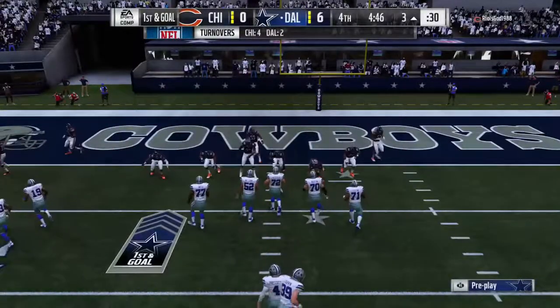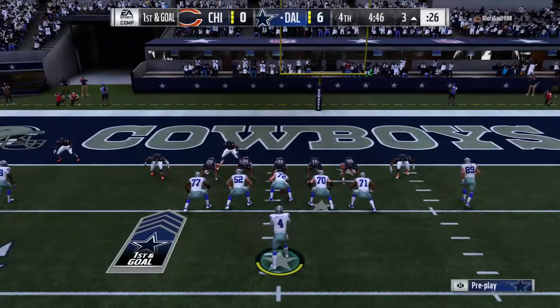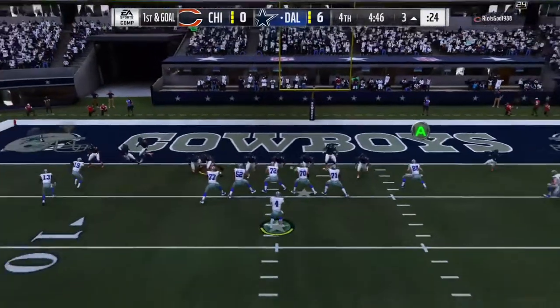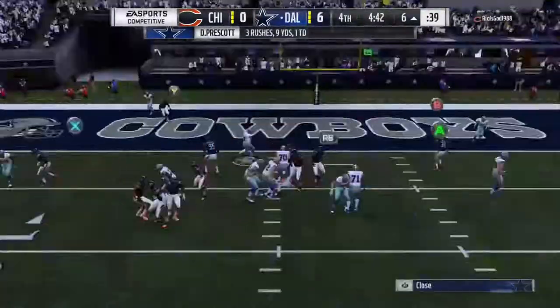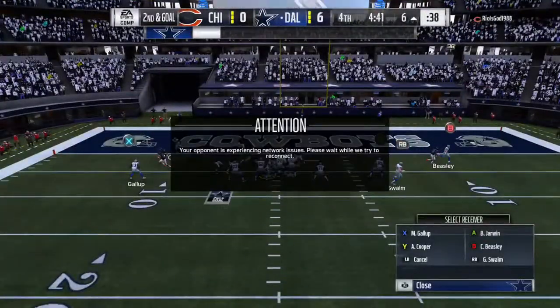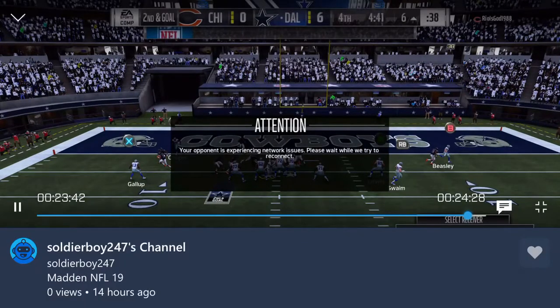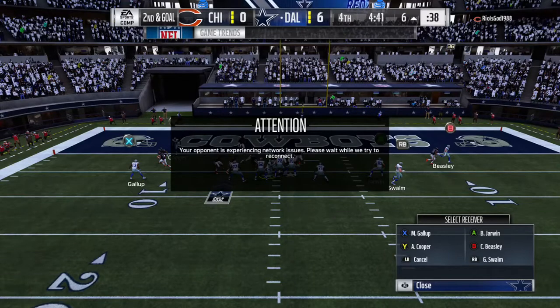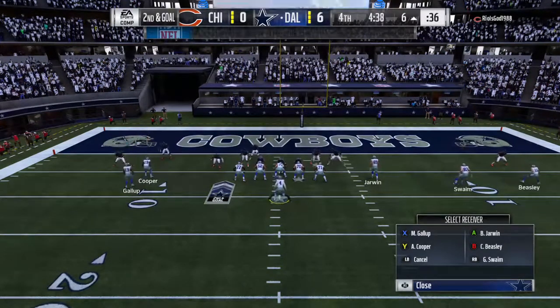So first and goal, six points here would go a long way toward wrapping this one up. And he'll get blown up behind the line of scrimmage, back at the 6. That's going to go as a loss of 2, and it'll be second down. Well, that's the big drawback to this play. Even if somehow the quarterback pitches it, he's not immune to the big hit. In this case,